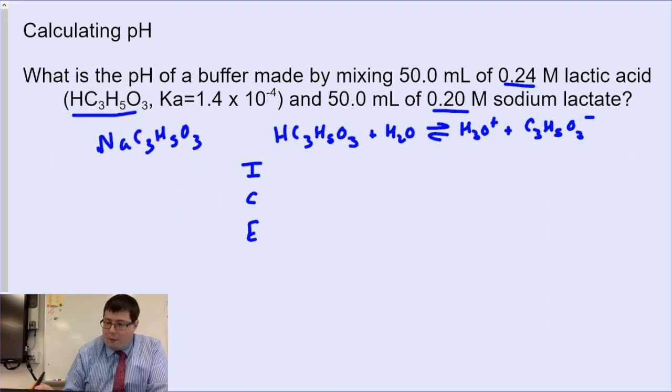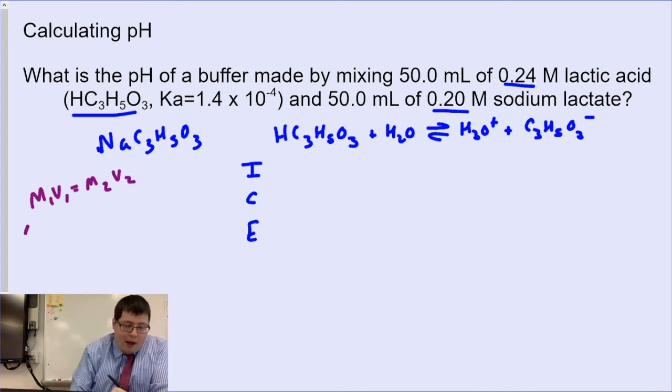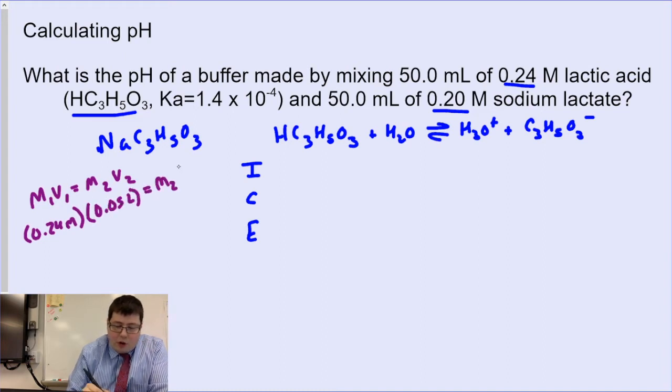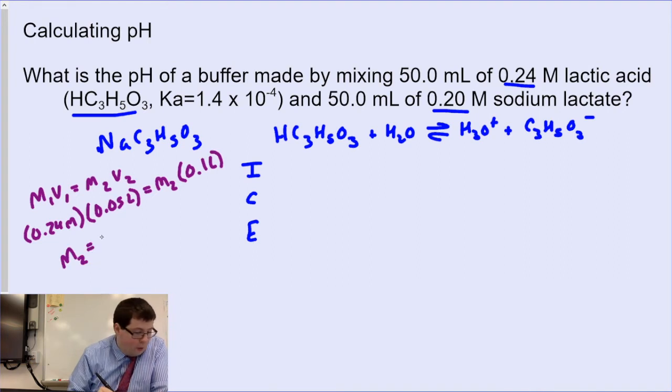So to do that over here, I'm going to do it for the lactic acid first. M1V1 equals M2V2. Going to go ahead and plug in my 0.24 molar times the volume 1, which is 0.05 liters, equals molarity 2, which I don't know, times my new volume, which is 50 plus 50, or 0.1 liters. When I plug that into my calculator, it looks like the molarity I get for my new lactic acid, M2, is going to be